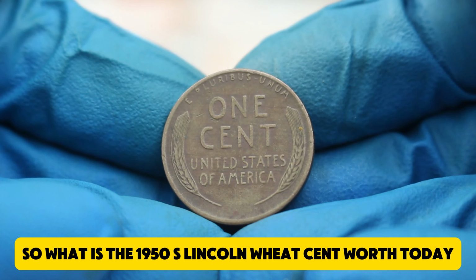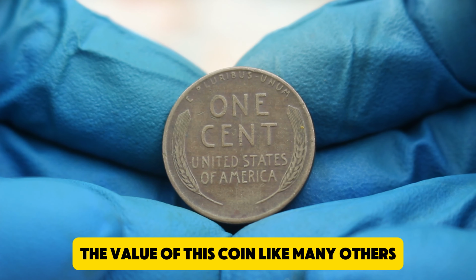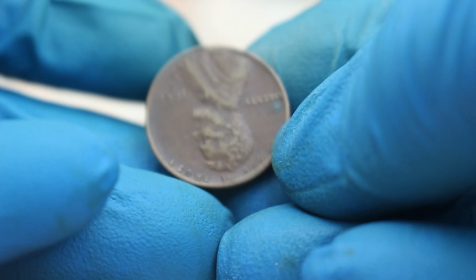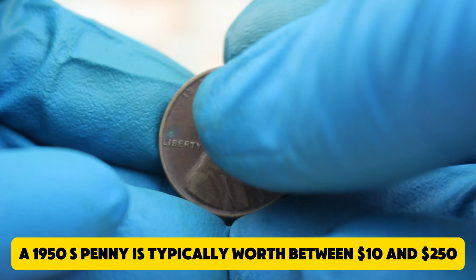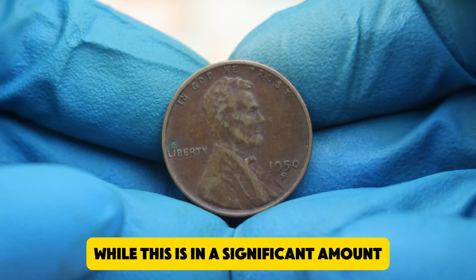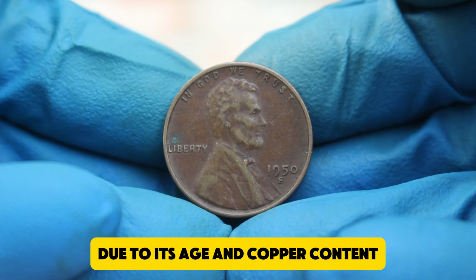So what is the 1950 S Lincoln Wheat cent worth today? The value of this coin, like many others, depends largely on its condition or grade. In average circulated condition, a 1950 S penny is typically worth between $10 and $250. While this isn't a significant amount, it still holds more than its face value due to its age and copper